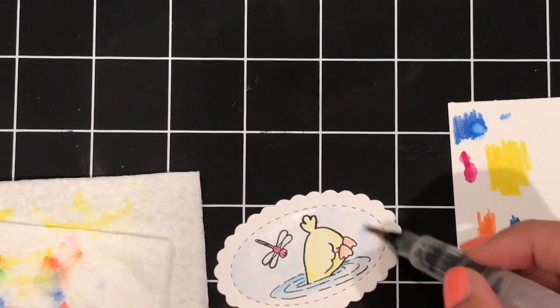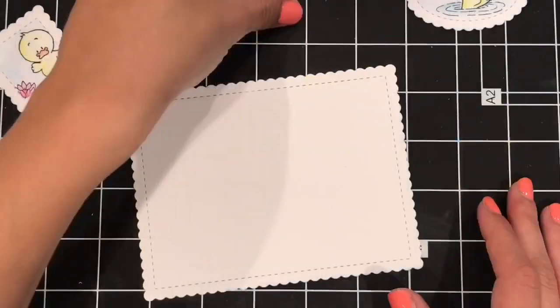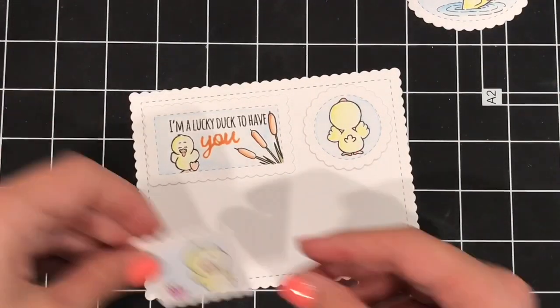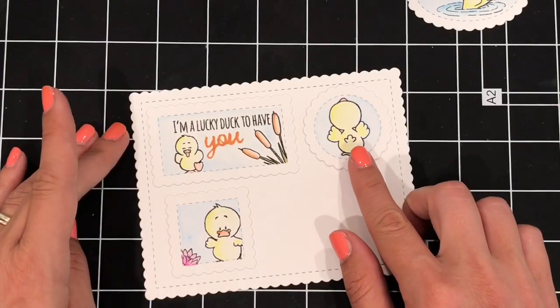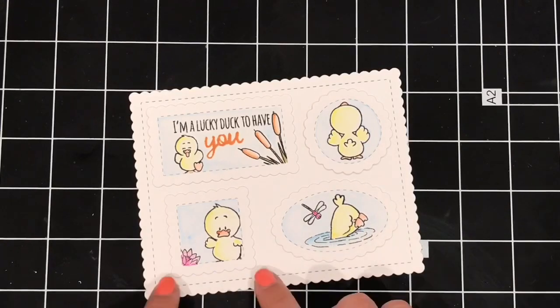So I'm wrapping up the coloring now, just finishing off the little backgrounds with some light blue and making sure it's really nice and diluted so that it doesn't overtake. I didn't want any of the colors to be very, very bright or bold. I wanted to have a little bit more of a storybook look,